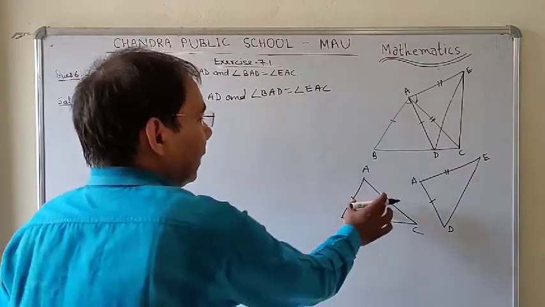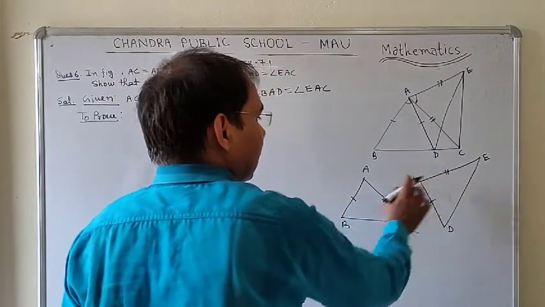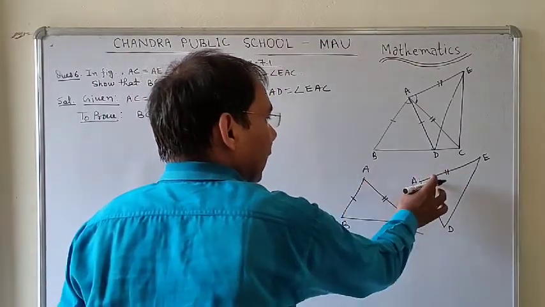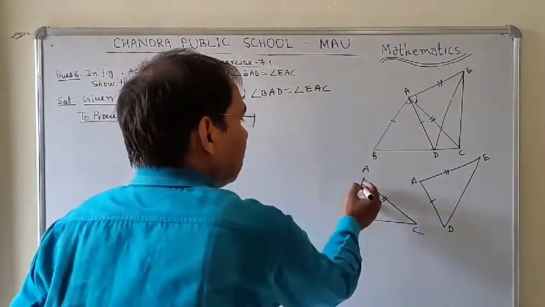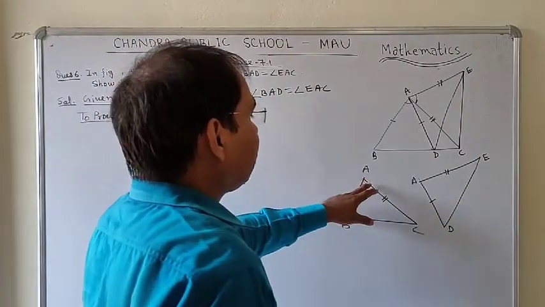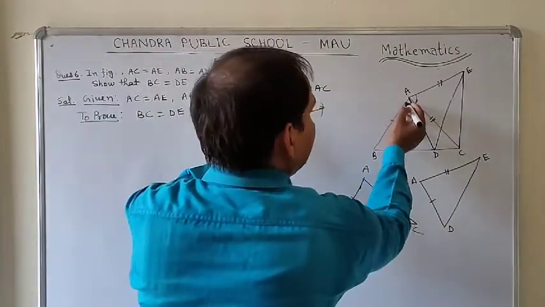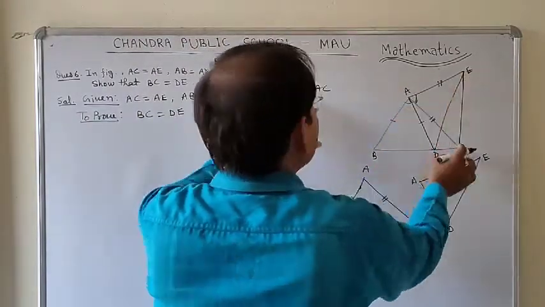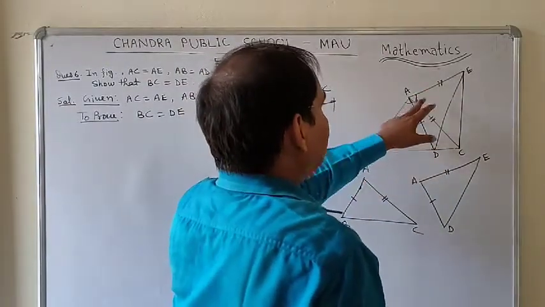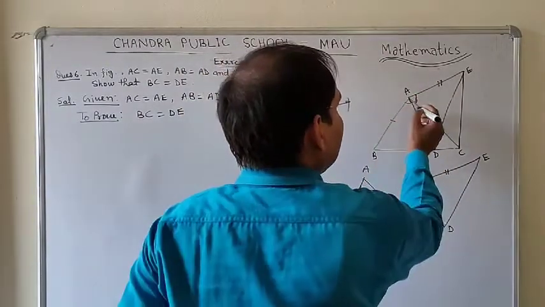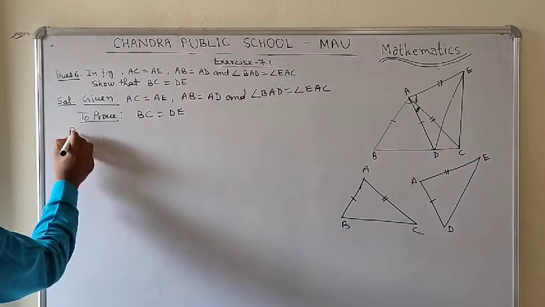If you are able to prove that these two sides are equal to the corresponding sides of the other triangle, and that these two angles are also equal, then by SAS criteria both triangles will be congruent. So your aim is first to show that these two angles are equal. In the question it is given that angle BAD and angle EAC are equal, but these are not the angles in both triangles. So here I am going to add to the proof.